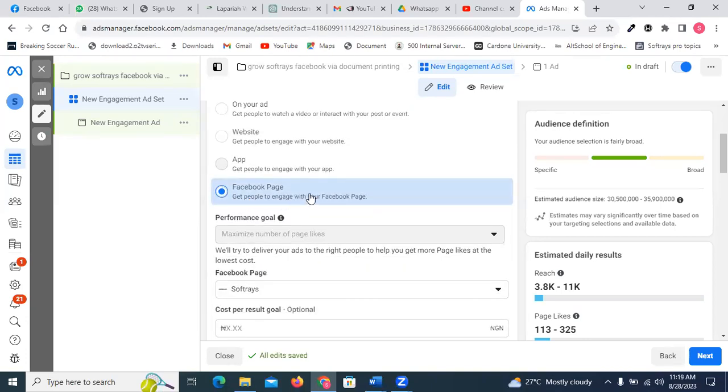Now, I'll come to Facebook. Facebook, get people to engage with your Facebook page. I want people to follow the Softrace Facebook page. Now, two things I'm doing here. I'm using the ad to grow the people that are following, to grow the digital community of Softrace. Now, what I'm targeting is a strategy, and the strategy I'm giving you now,